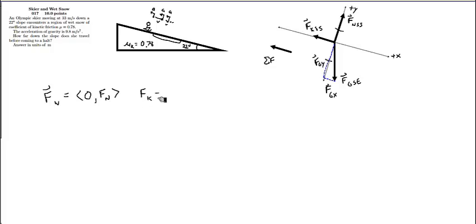For the kinetic friction, there is 0 y component, and the entirety of the magnitude is in the negative x direction. Now we're not going to just write Fk because we have another relationship for kinetic friction that is always true. We can say that the kinetic friction equals mu k times the normal force. That's always the case for kinetic friction. And because earlier in the problem they related us in terms of that coefficient, we want to use that relationship